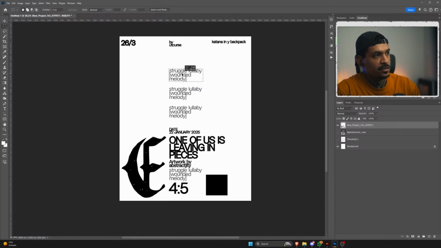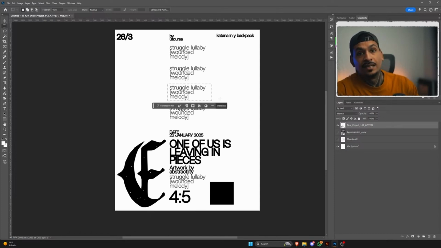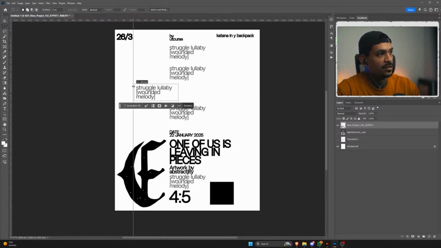Or no, like this. Something like that. And maybe this one is the headliner. It's going to be the most important one. So this one we break from the mold, right? From this one we make something special and we align it to another part of the grid. Maybe this thing,